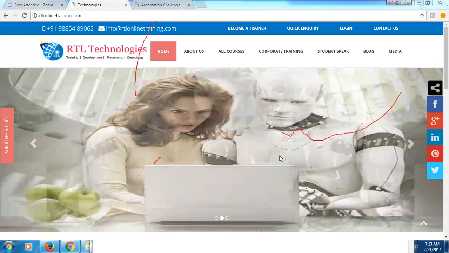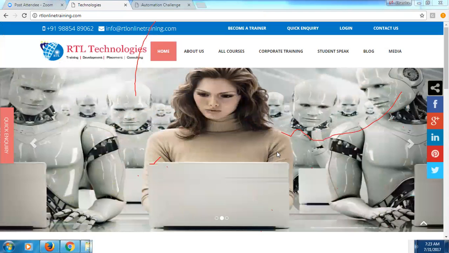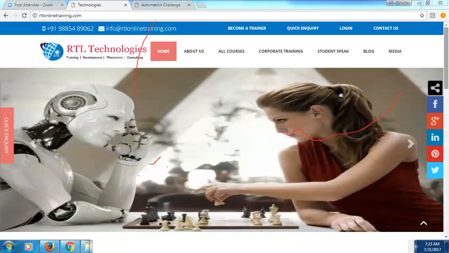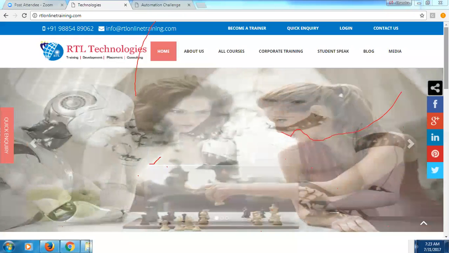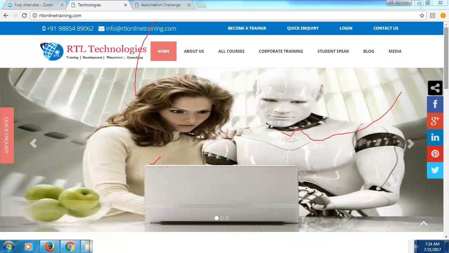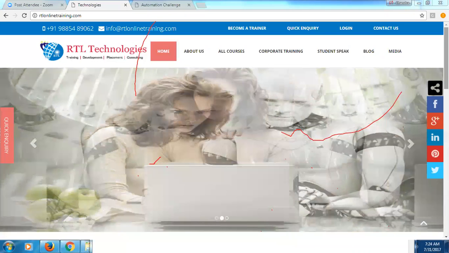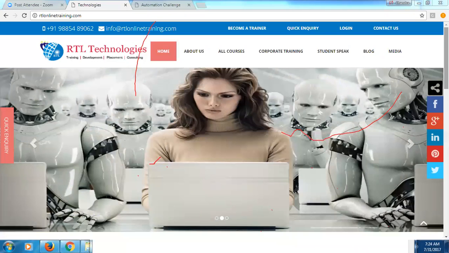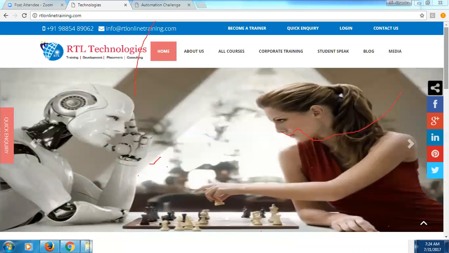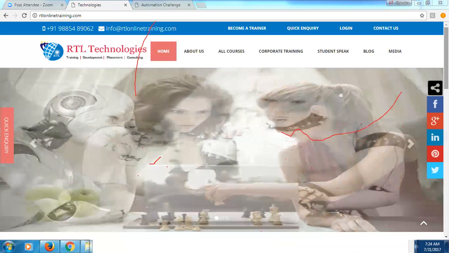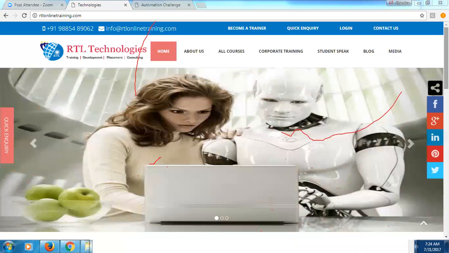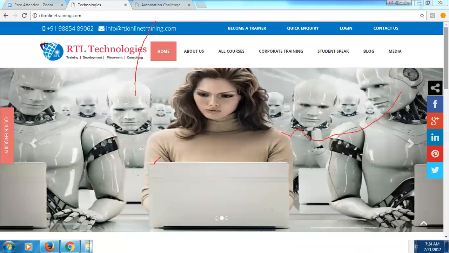What type of tasks can we automate in a database? Bharati Raja, for example, you have some 20, 30 select statements which are built in. Every day you have to connect to the database and execute those select statements and fetch the data, and that data you want to write into some Excel or send an email. Yes, that can be automated. If you give the select statements to the automation tool, it will automatically connect to the database and extract the data or update whatever you want to do. That can be done.